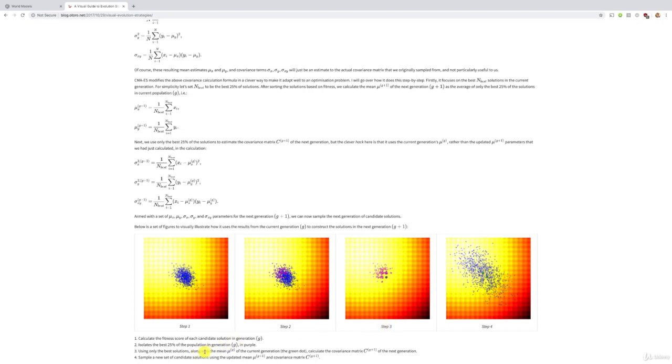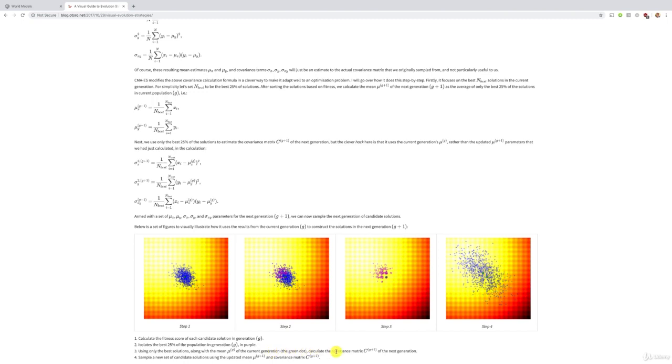However, we keep the old mean, that mean of the x coordinates we had for all these sampled blue points here, and same, we keep the mean of the y coordinates of all these sampled blue points here. And that's because we keep the old means in the computation of the covariance matrix for the new generation. All right, and then as we can see, with the new extracted 25 best samples and these old means,